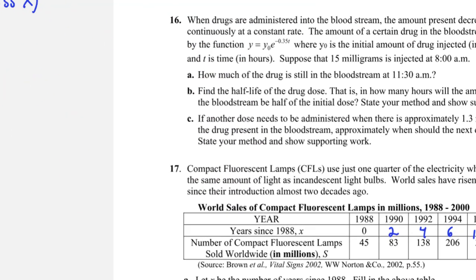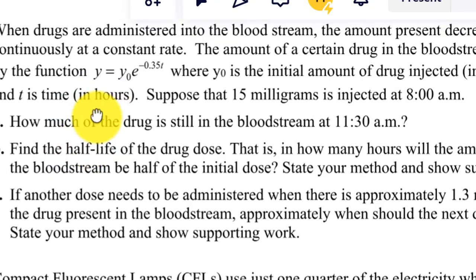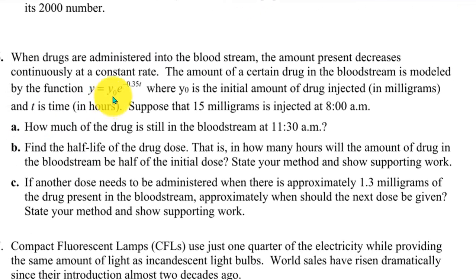Okay, so for number 16, it looks like we have some type of function that models how much of a drug remains in your body after the injection, where y sub 0 is the initial amount of the drug. So here it says, suppose that 15 milligrams is injected, so y sub 0 would be this 15